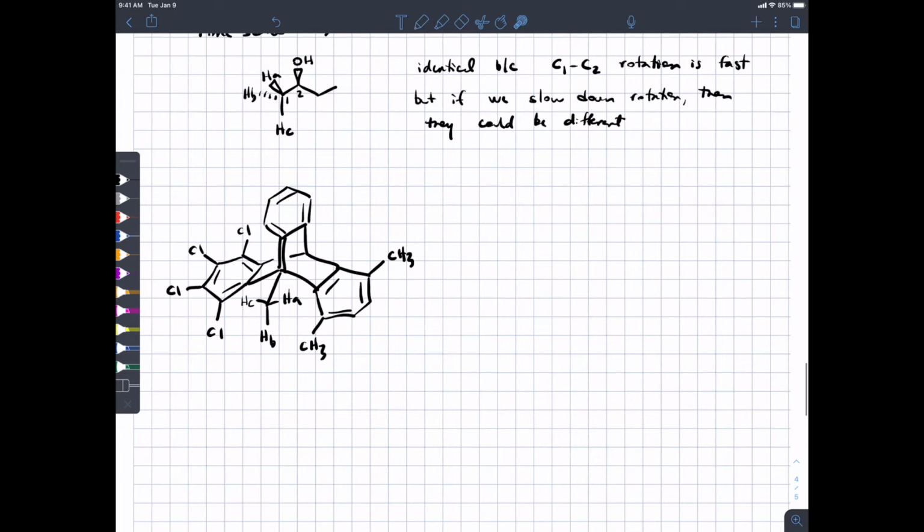And you might imagine if you could build a model that there would be some amount of steric hindrance by those groups on the phenyl rings that could prevent those protons from rotating quite as freely. Ideally, it would be really awesome if they were different at room temperature. But these folks had to cool it down to minus 90 degrees Celsius, and then they were different. So at minus 90 degrees Celsius, you actually see 3 NMR signals